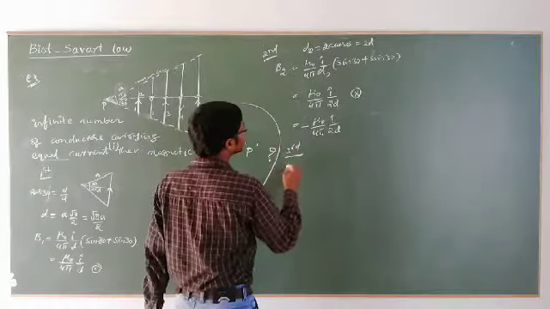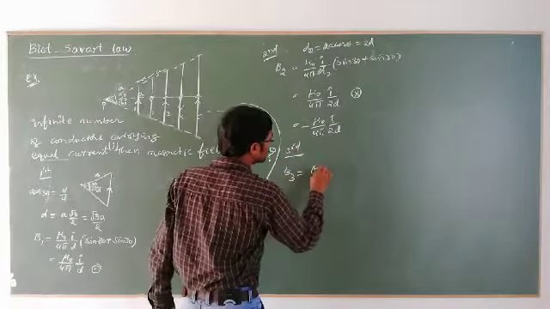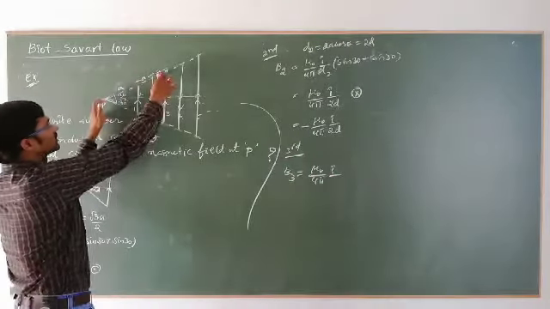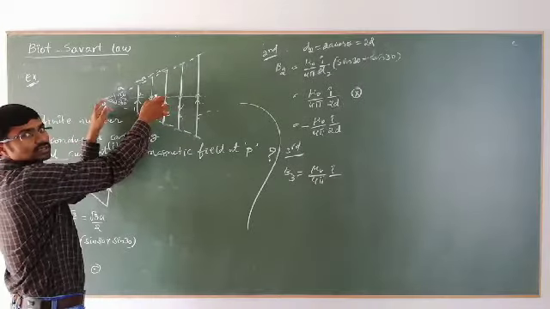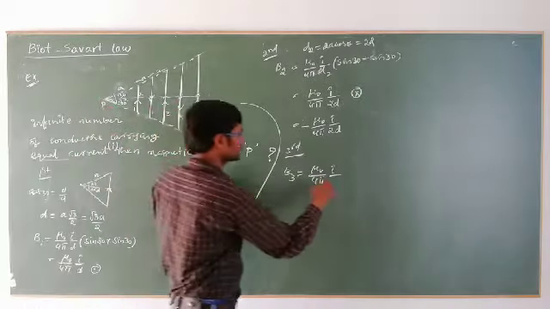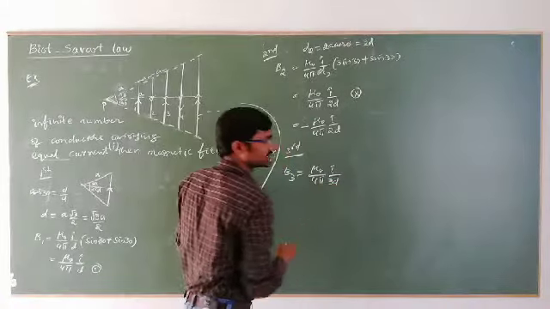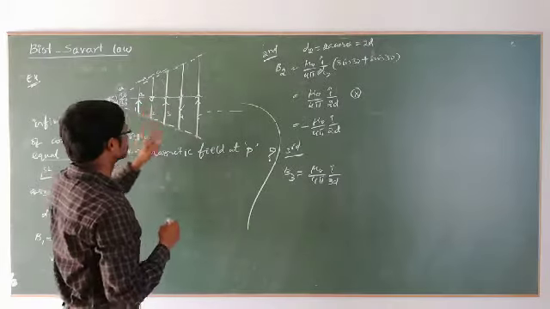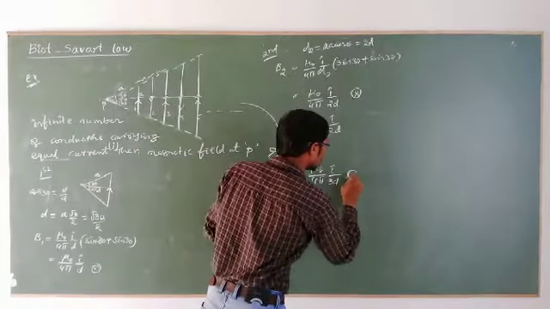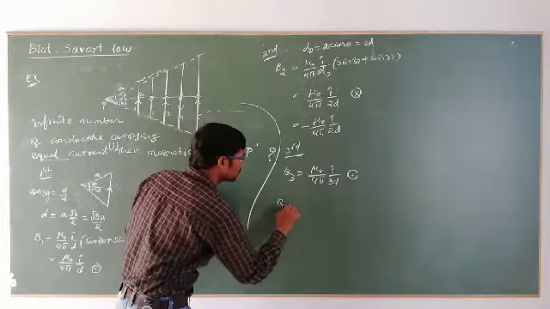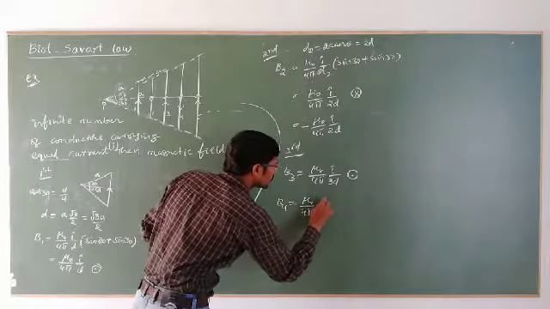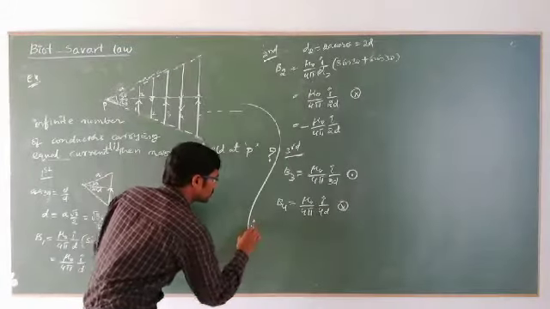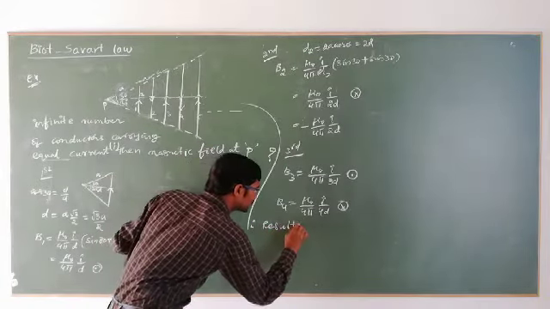Similarly, due to the third wire, B3 is equal to mu naught by 4 pi into I by 3A. Then D3 is equal to what? 3A cos theta, which is nothing but 3D. Angles remain the same, but again the direction is outward. Plus. Similarly, B4 is equal to mu naught by 4 pi I by 4D. Therefore, resultant magnetic field